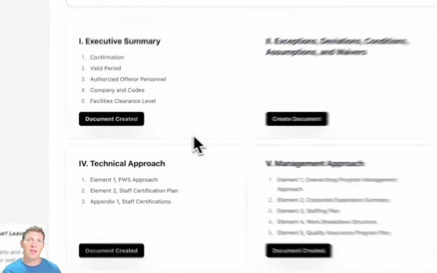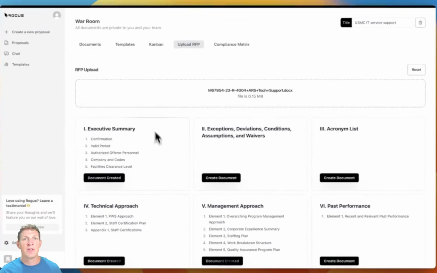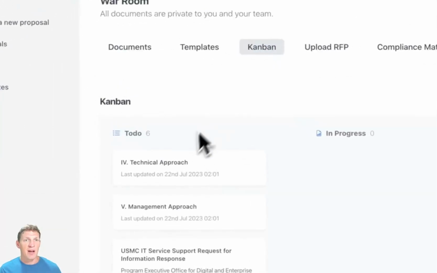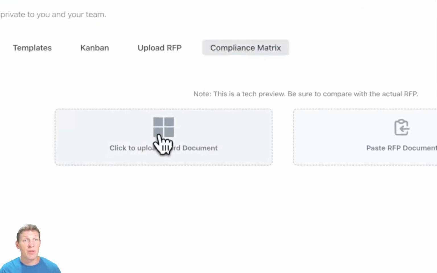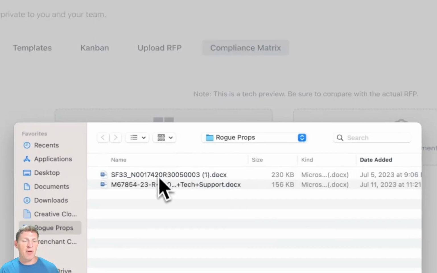We'll leave the other ones behind. If we don't, we can go back to the Kanban board and see now these are in my document workflow. And now when I go over to compliance matrix, I'm going to repeat that process because I want to pull